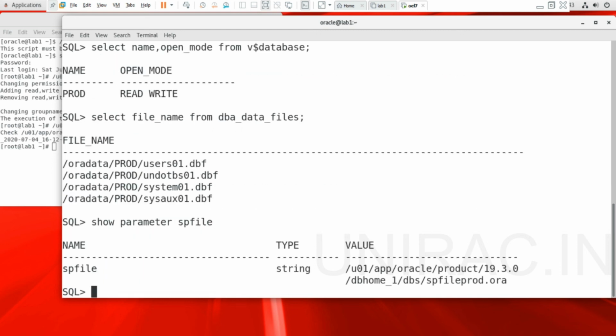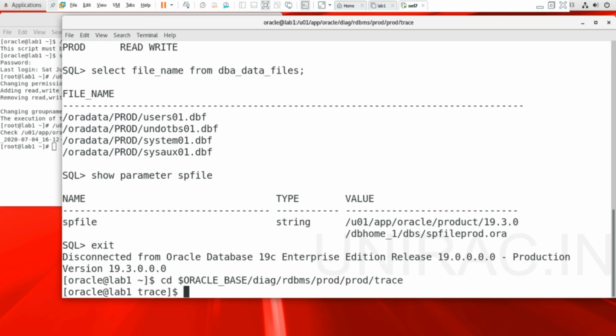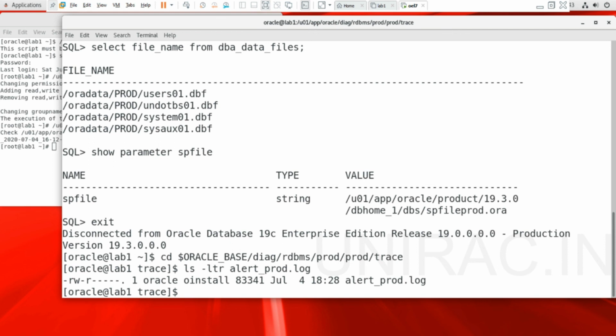is under the dbs location of Oracle Home, and also under the base directory, diag/rdbms/prod/trace. You can see the alert log file. The location is perfect for the diag. You can read the alert log file using tail -100f on the alert log file for any errors.